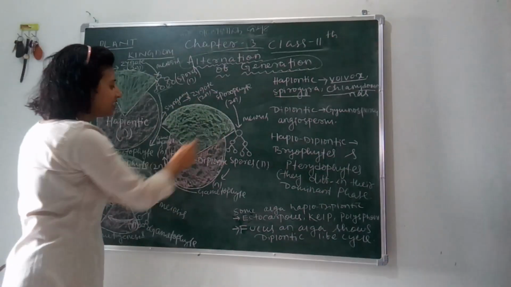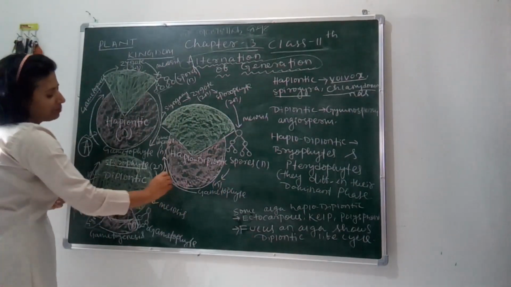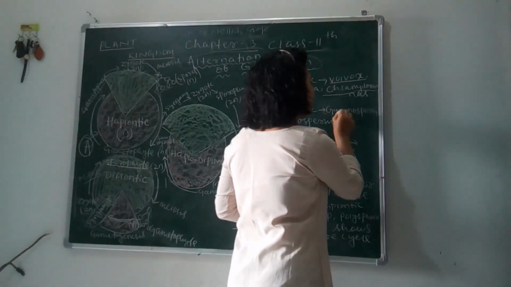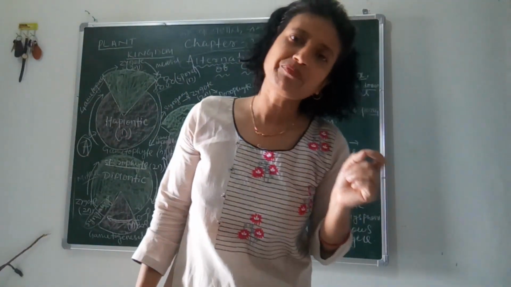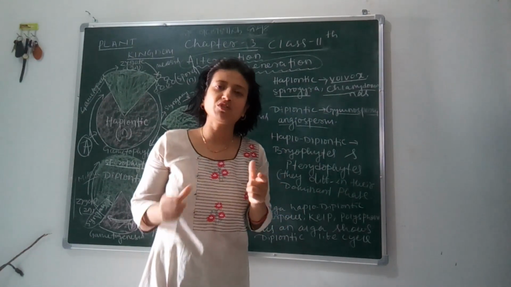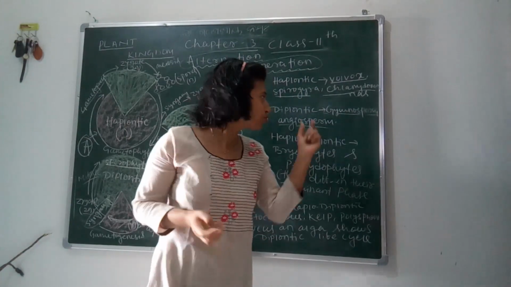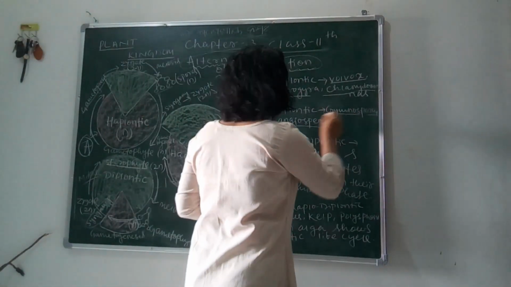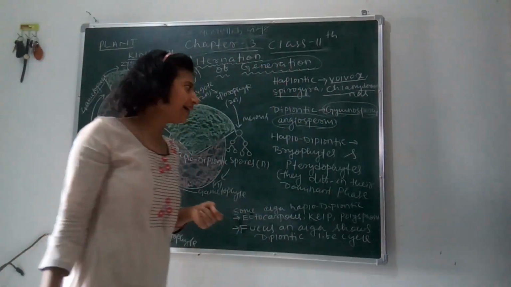The next diagram represents the haplodiplontic life cycle. Before we study it, let's give some examples of the diplontic life cycle. The organisms that show the diplontic life cycle are gymnosperms and angiosperms, means all the species of gymnosperms and angiosperms show it. Diplontic life cycle means that the sporophytic phase or parent body spends the majority of its lifespan in the diploid phase. So examples, as I have told you, are gymnosperms and angiosperms, with their different species.